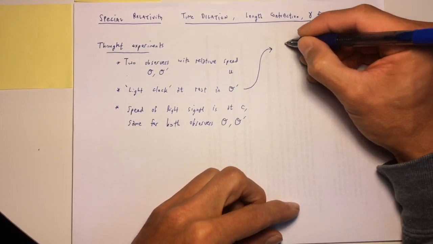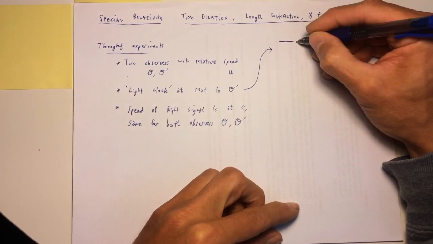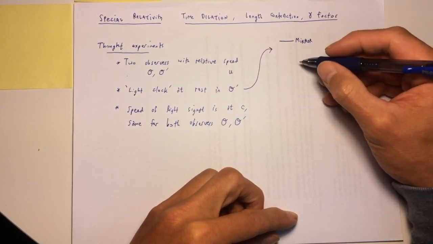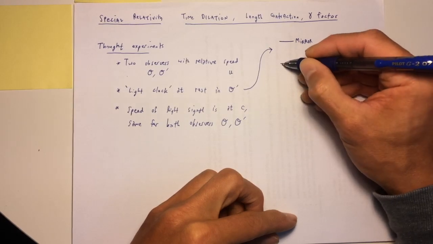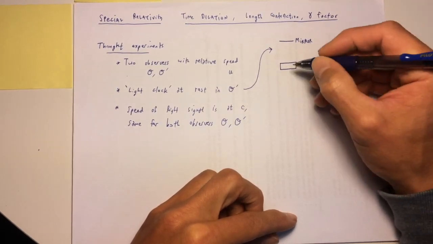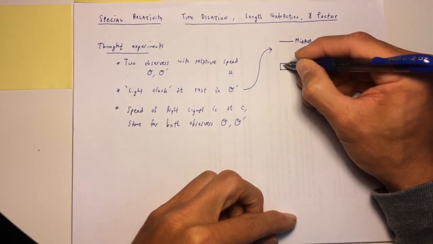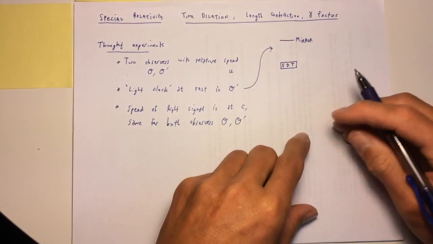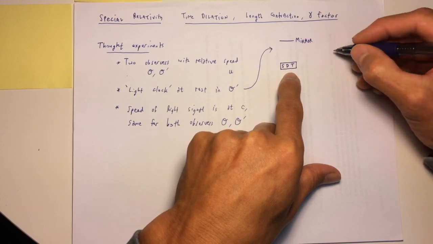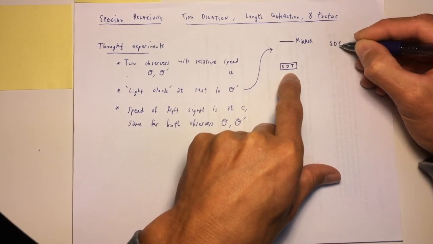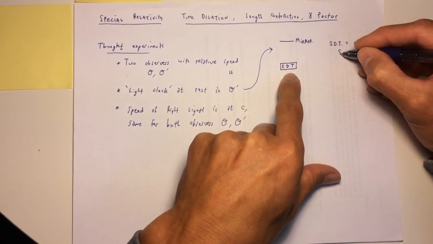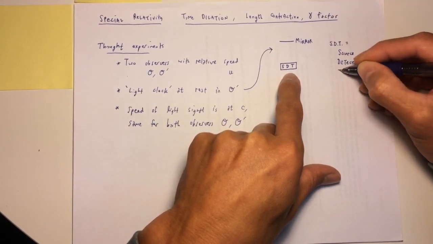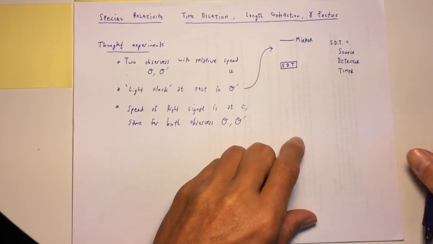So the light clock has two parts. It has the mirror. So you know what mirrors do to light. And it also has a piece of electronics that I'm going to abbreviate as the SDT. The SDT is for source, detector, and timer. And the idea is